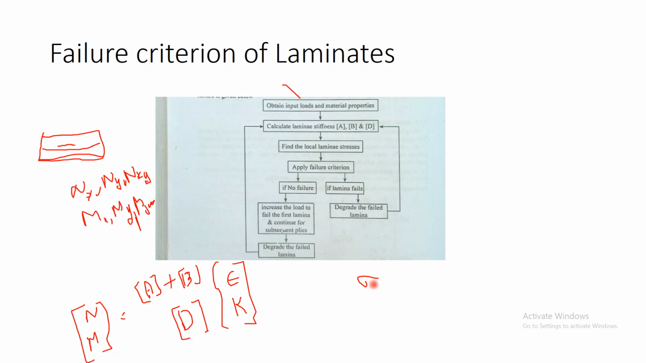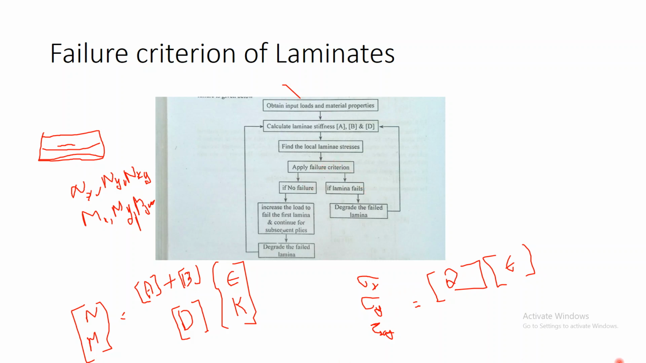Once we have calculated the strains, I can go for the calculation of the stresses: sigma x, sigma y, and tau xy. These are related to the strains by the reduced stiffness matrix Q. Once we have calculated these stresses, I can go for the failure criterion, and you are familiar with